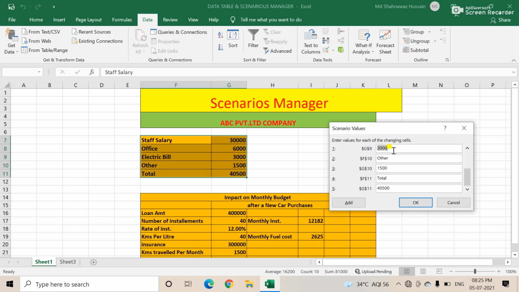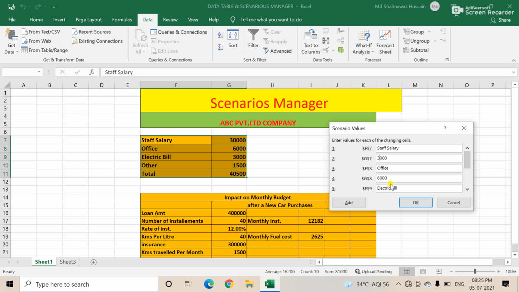First I am going to the first one, staff salary. Here the F cell is the address, which cell contains the staff salary, F7.